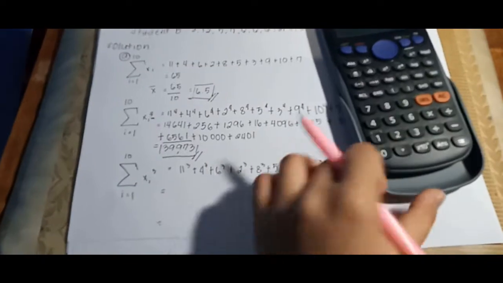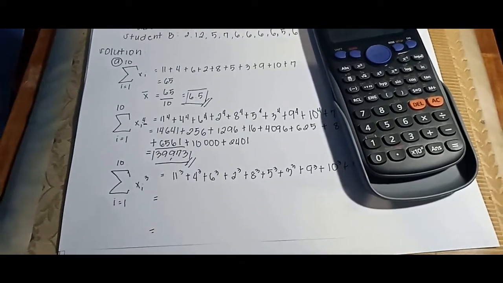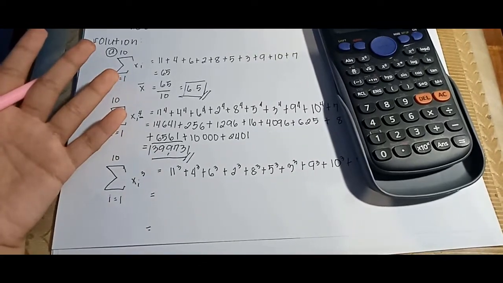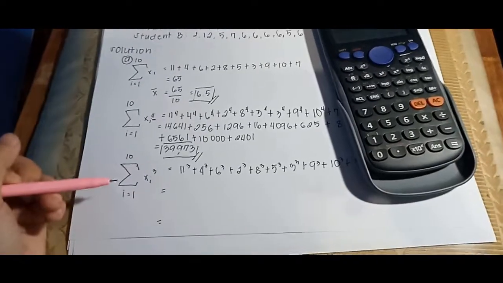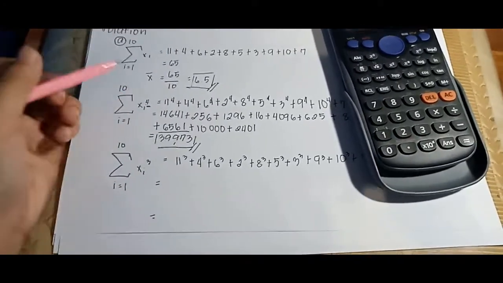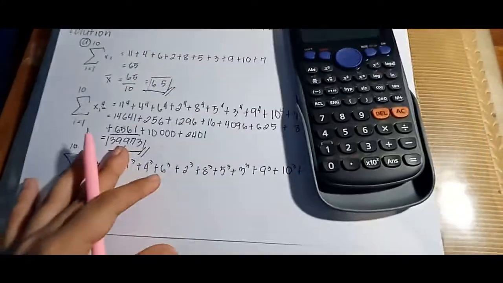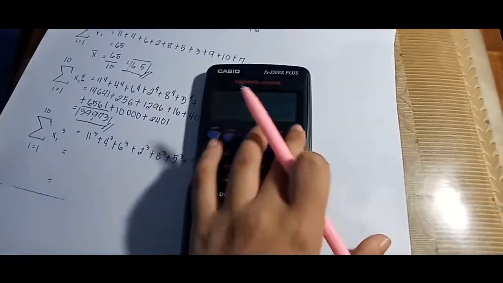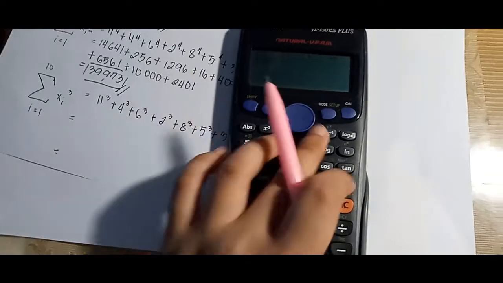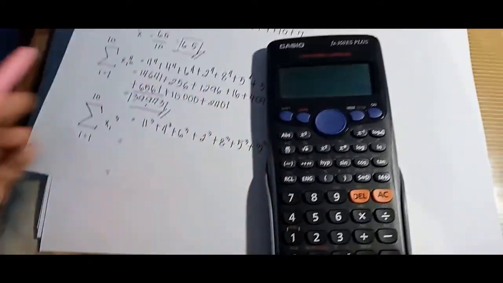Okay, so let's do the second one. Now, the second one is the same as the... So, the third one... Okay, so let's go to the third one, which is the same as the second one, except than raising it to 4, we're raising it to 3. Okay, so we got 11 raised to 3 equals 1,331